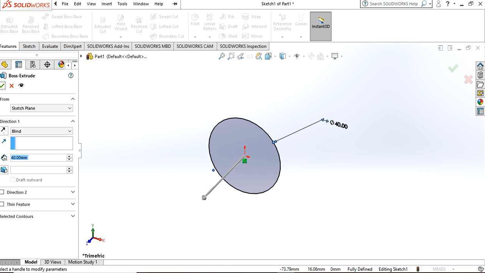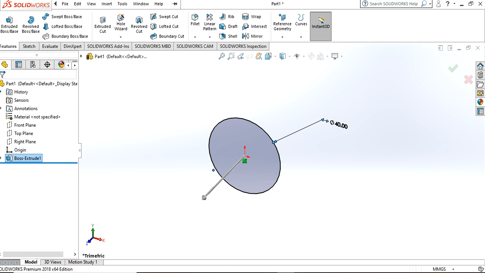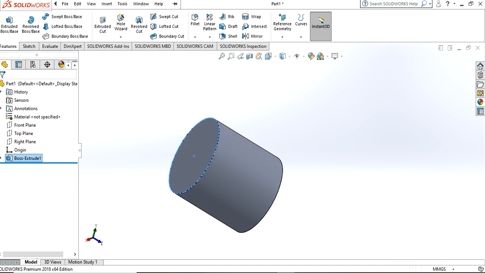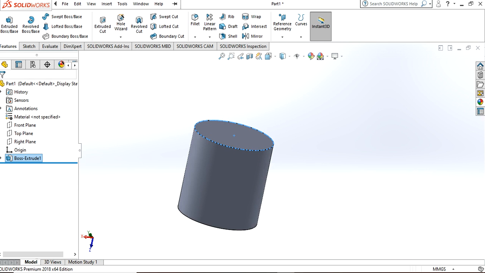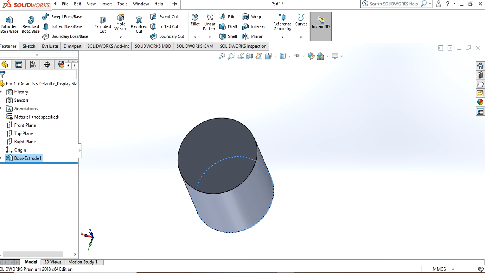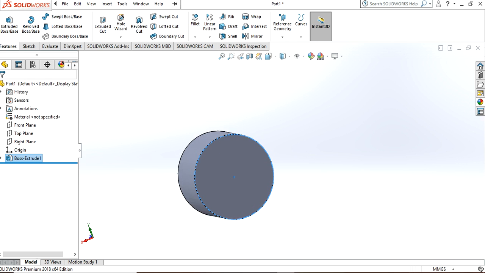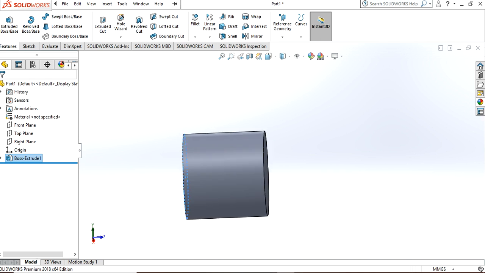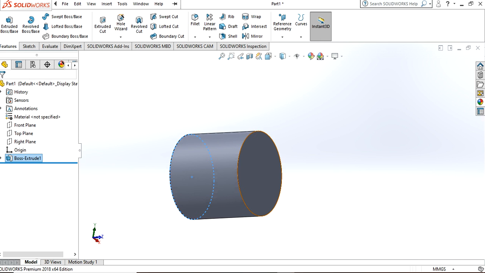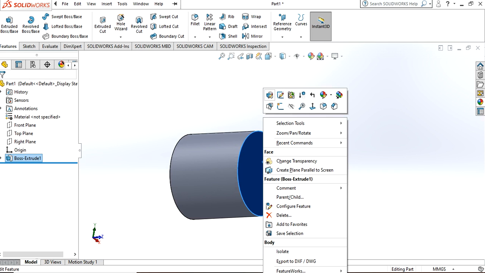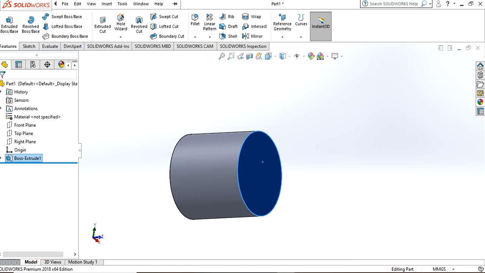Right click, and here you will see a 3D cylinder. Suppose you want to make another circle on the same cylinder, you can select any one of the bases. Click on any base. Here there are many options: edit feature, edit sketch, open drawing, suppress, roll back.